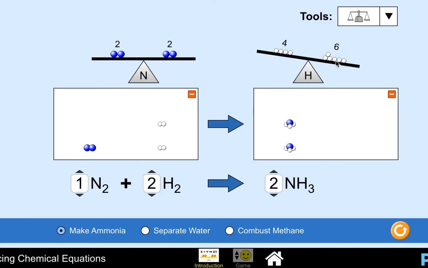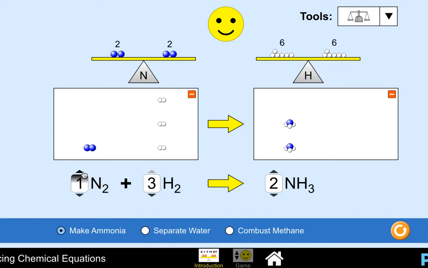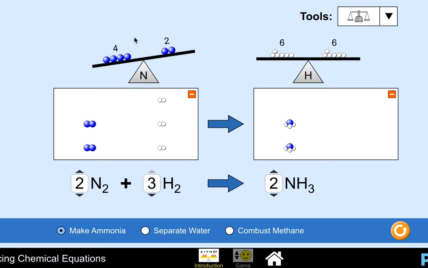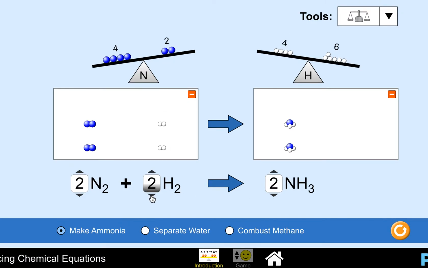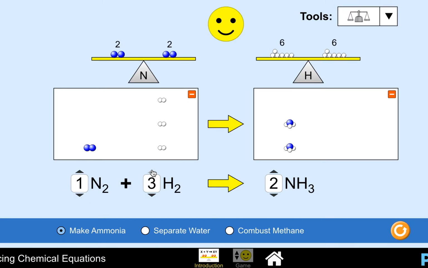Decrease the hydrogens, and on this side there's too many hydrogens. So that means that on this side you need more hydrogens. Being balanced, right? Or here, oh, too many nitrogens on this side, so we need to add more nitrogens to this side or take some away. Does that balance? Oh, now we're getting closer. Nitrogens are still too heavy on this side, so add some more on there. I can't add some more, so we're going to have to back it off and find the correct amount with that,